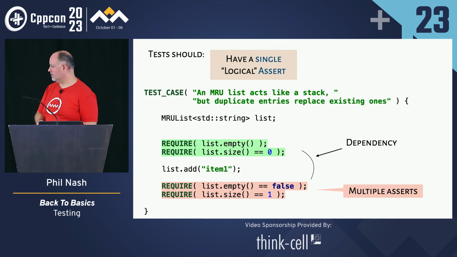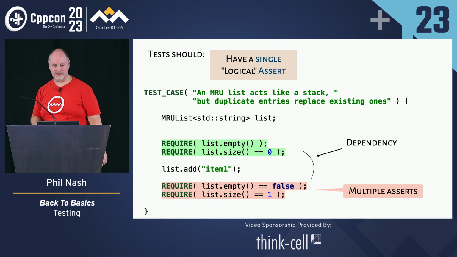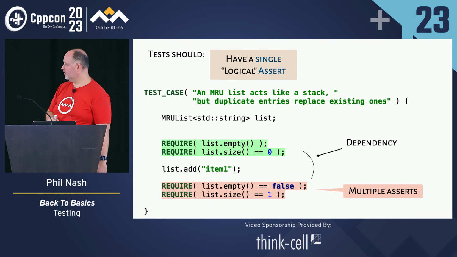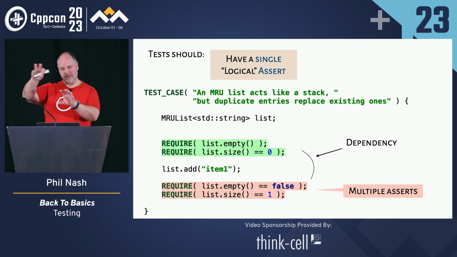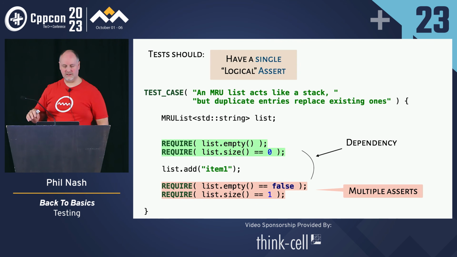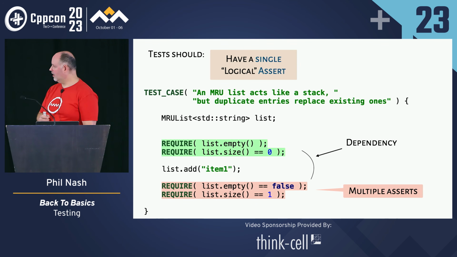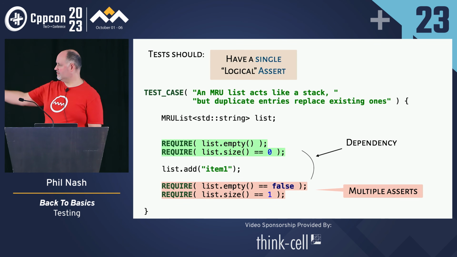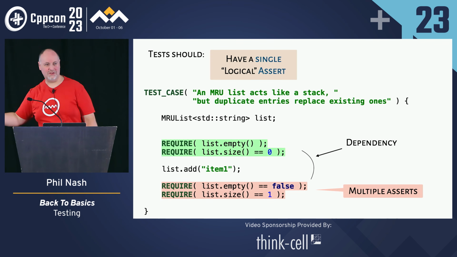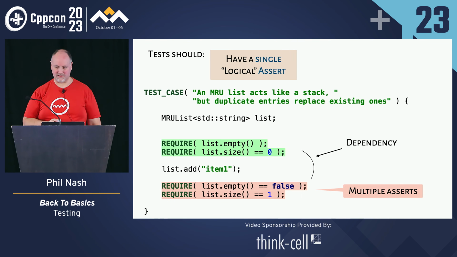And it can just make it more brittle, because you can't change the earlier states without changing the later state anymore. So the single assert rule says don't do this. The way we did it in separate sections or separate test cases in Google Test is how we do that. And that also drops out of arrange, act, assert, because this is arrange, assert, act, assert, not the same pattern. So really those two things are basically the same practice.